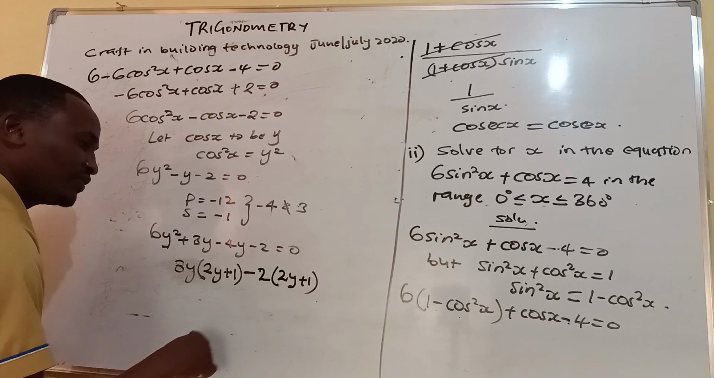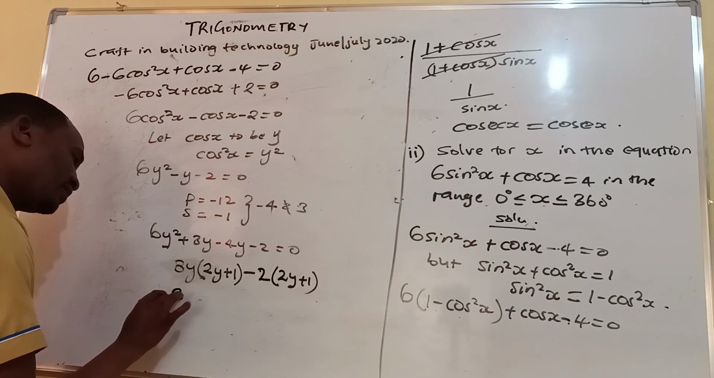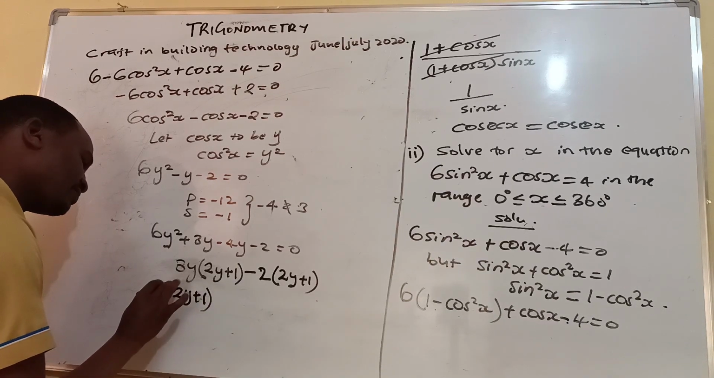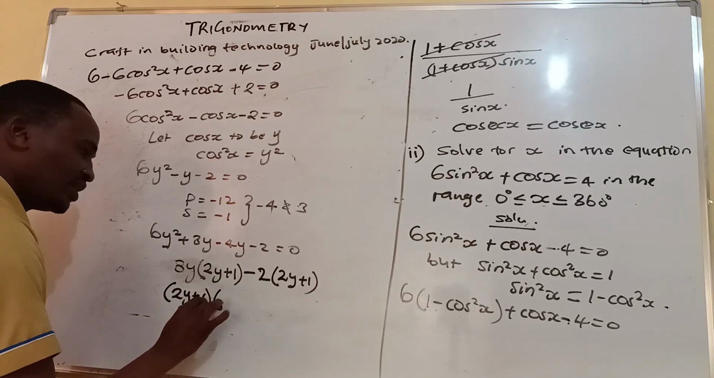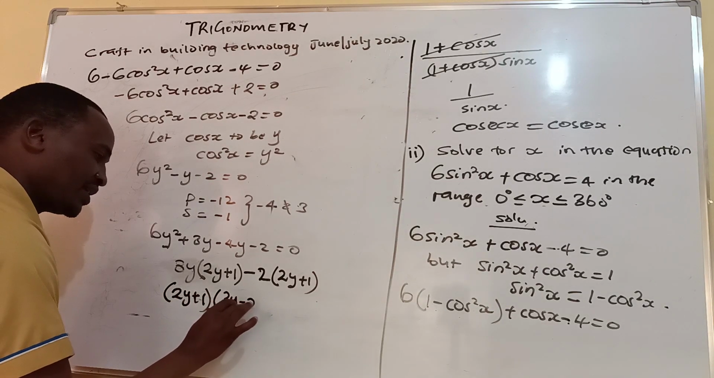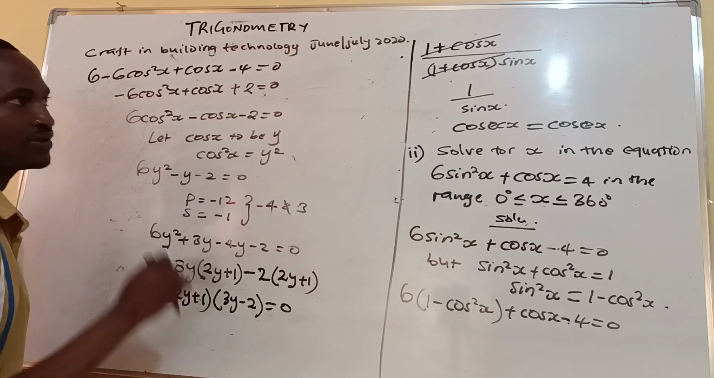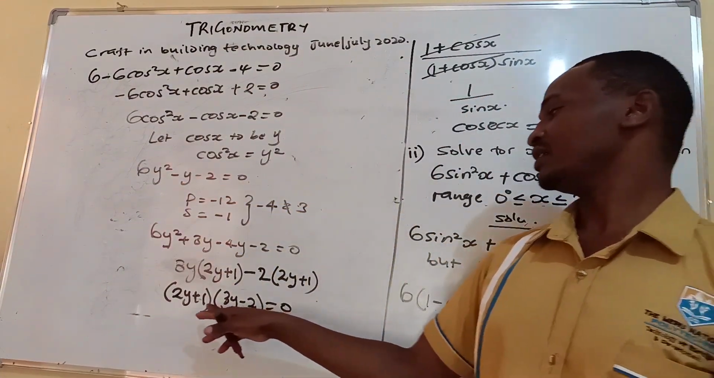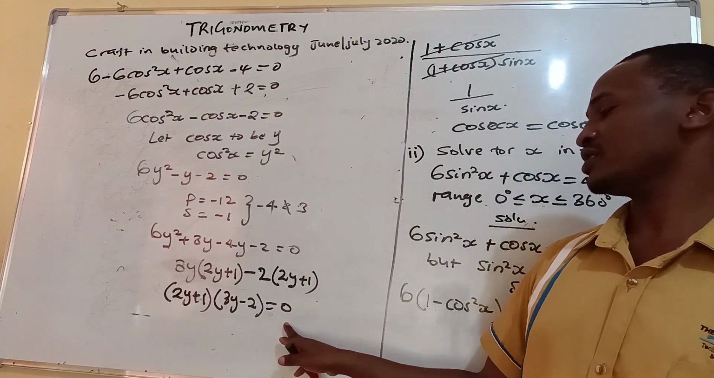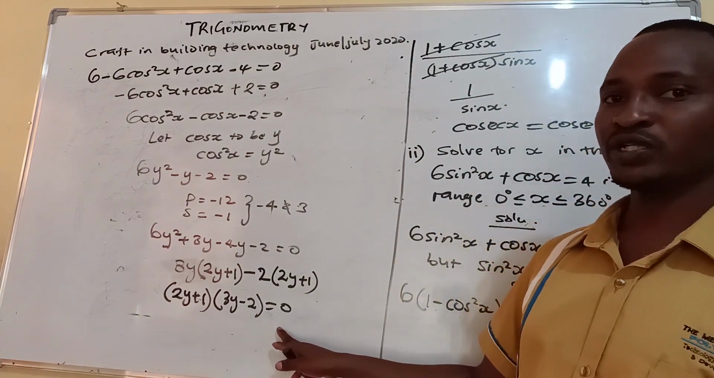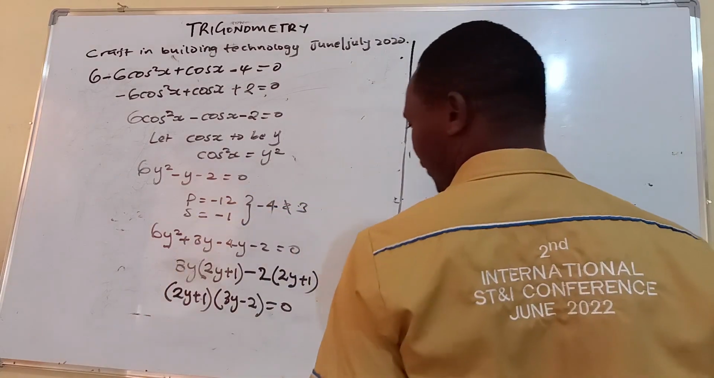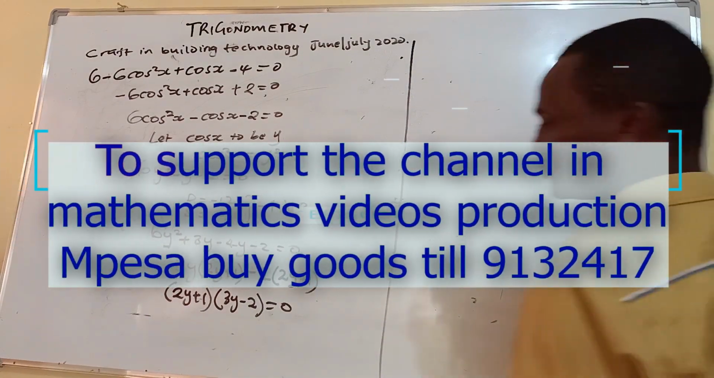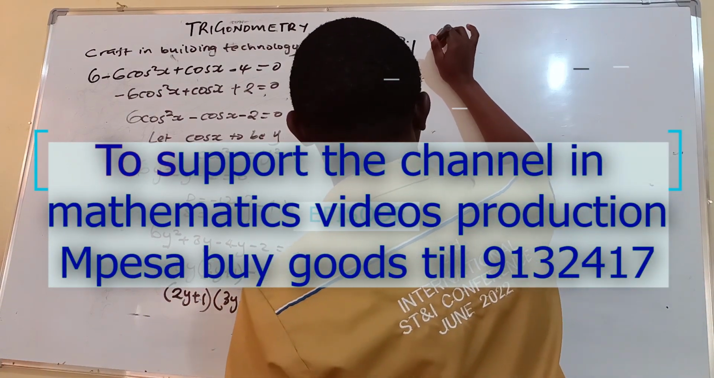2y plus 1 is a common factor, you can factor it out. 2y plus 1, close that bracket. You have 3y minus 2 is equal to 0. So if you have two numbers that you are multiplying and the result is 0, either one of them could be equal to 0. Now we put the 2 with 0, it will be 2y